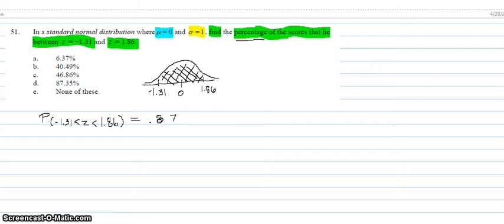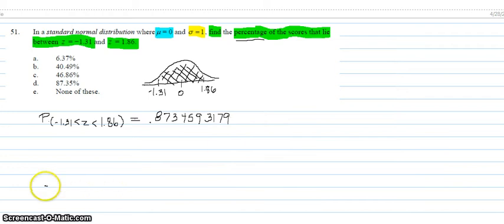Let me erase that real quick and I'll start over because we want our numbers clear there. Okay, there we go. 0.873459. Now that is not our answer